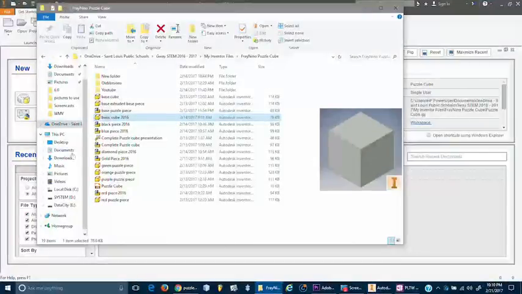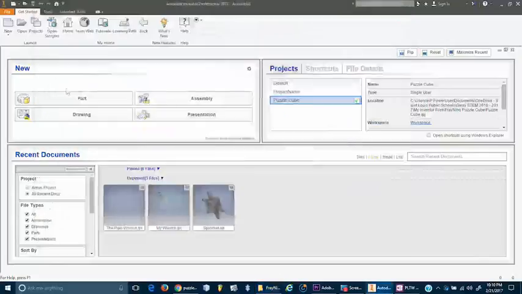You made this cube in the last video that I posted. I have it saved in my OneDrive, in my OneDrive St. Louis Public Schools folder. If you don't know how to set that up, watch the video that I'm going to make about setting up your OneDrive at school. So anyway, when you start up your assembly,